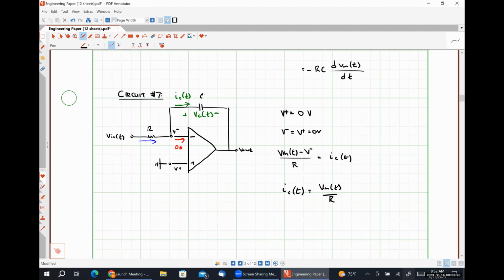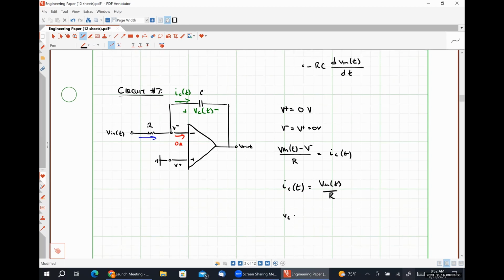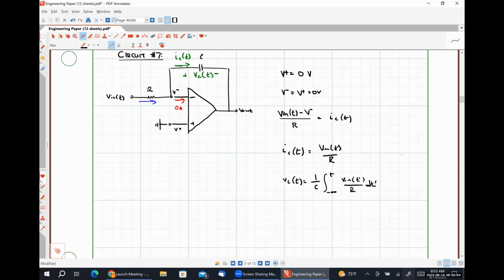So now I'm going to use my integral relationship between capacitor voltage and current. Since I have a well-defined IC of t, I could say that my capacitor voltage, Vc, is 1 over C times the integral from negative infinity to t of Vn(t)/R dt,